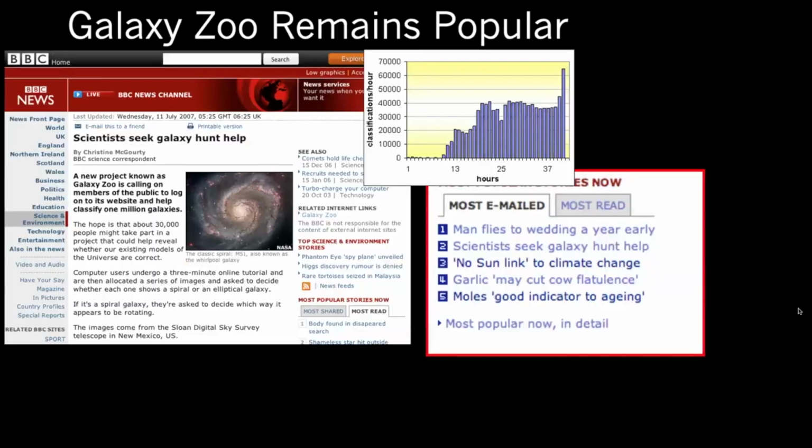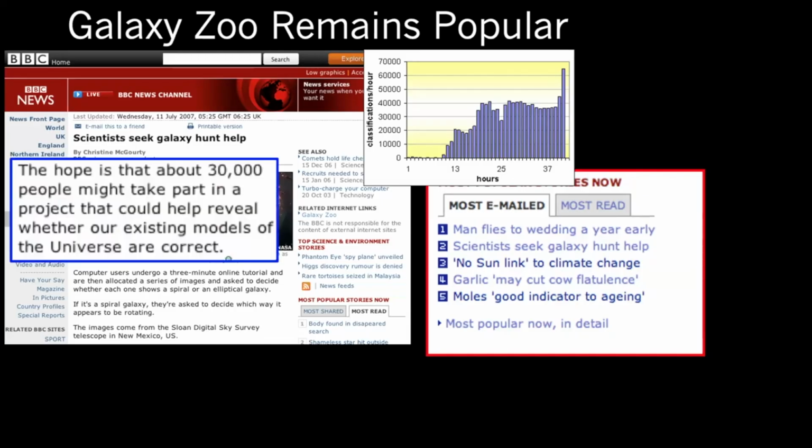Galaxy Zoo is popular. It was popular when it launched. This was the BBC article from 2007 when it launched. That was, for a while, the second most emailed story on the BBC, July 2007. Feels like forever ago. Here's the chart of classifications per hour in the initial launch, so we're up to 40,000 classifications per hour. This really just hit something in the public where people got really excited about helping us classify galaxies. In this article, we hoped 30,000 people might